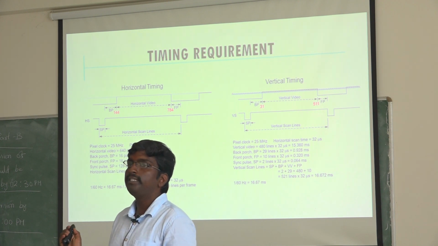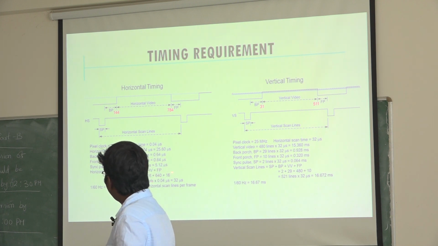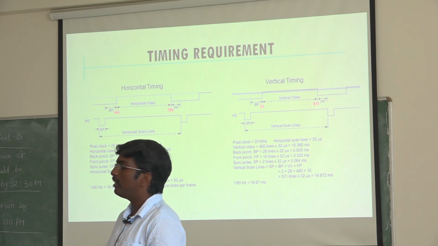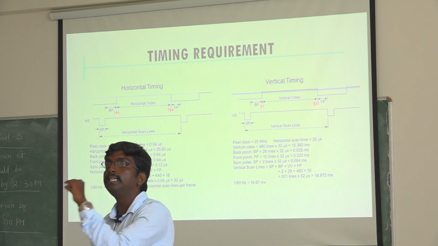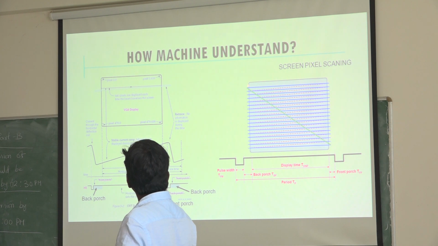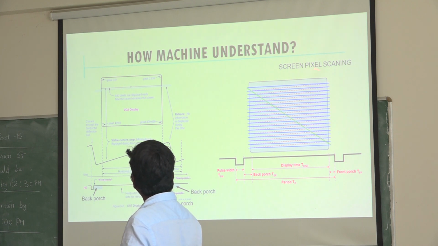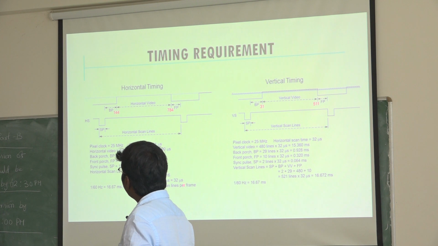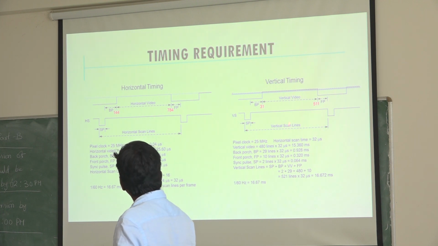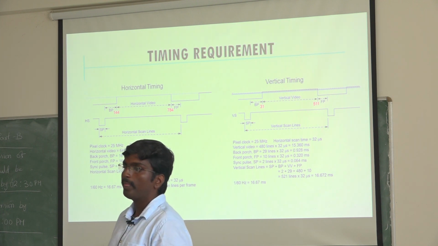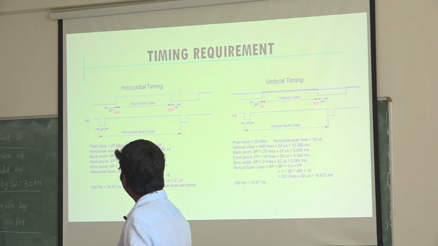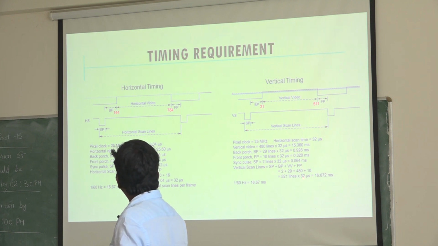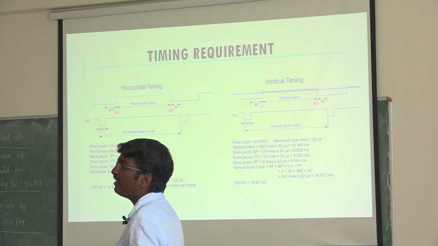So these 800 pixels, if you are reading at 0.04 microsecond each, will take 32 microseconds to read a single line. If I am reading a single line, I need 32 microseconds, which is nothing but a 25 megahertz clock. If I have n number of lines, this n has to be multiplied by this 32. So in the vertical, it will be 32 microseconds into 521 lines.